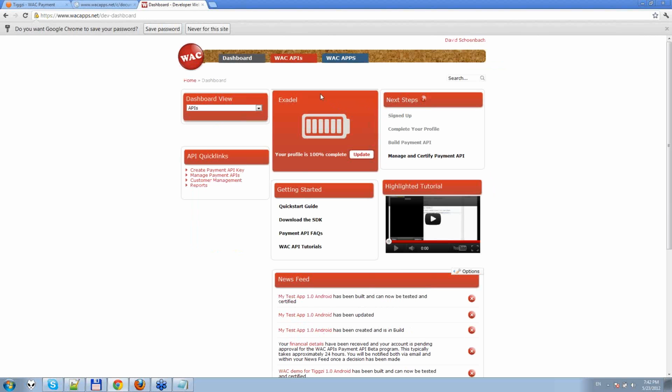This is the portal where we are able to define our applications and the items that they are going to use. We go to the dashboard,